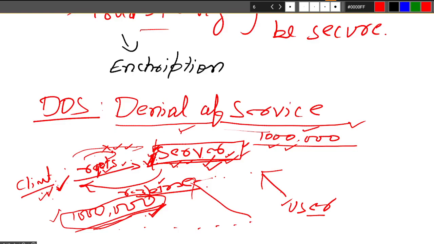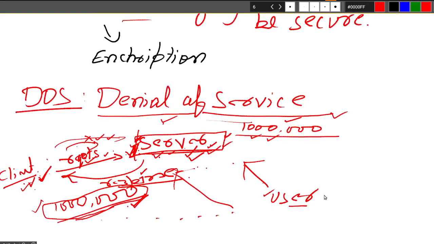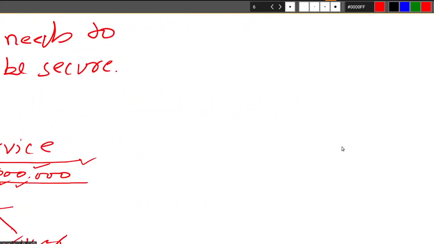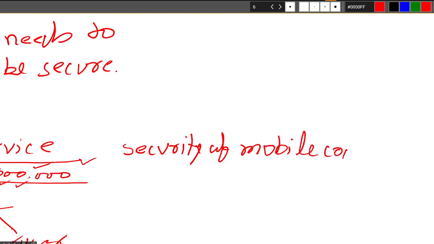Now another thing was your mobile code, as you have seen. For security purposes, you will also have to secure your mobile code, right? Security of mobile code. What does it mean? We have already seen what mobile code is.